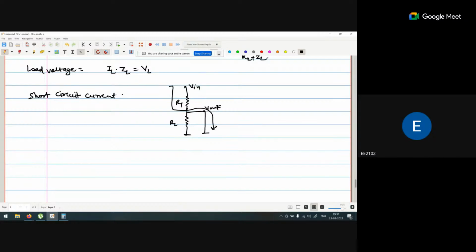Now in this case, what is the short circuit current ISC? That is nothing but V in upon R1. The current passing through R1 will completely pass through the short circuit path. It will not go towards R2. Why? Because if we take the parallel combination of these two, the resistance value is 0, so there is no impact. The current will pass through the path where the resistance